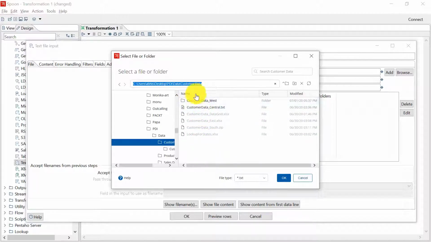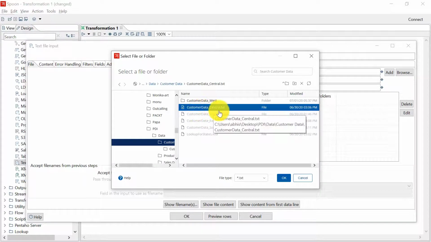So you'll have to open this location manually every time. So my suggestion is you copy paste this location into a text editor from where you can copy paste it here later on. So this is the customer_data_central.txt file. We select this and click on OK.